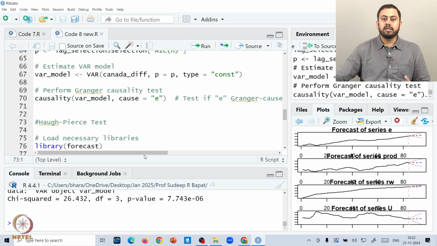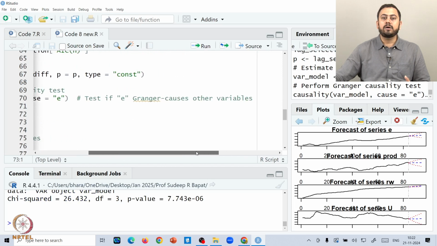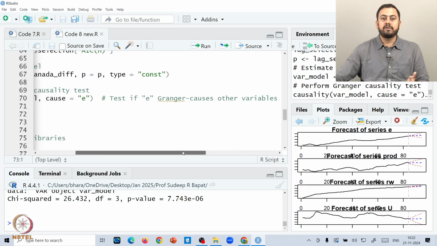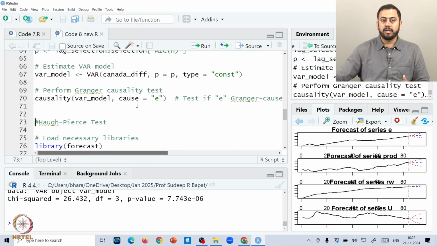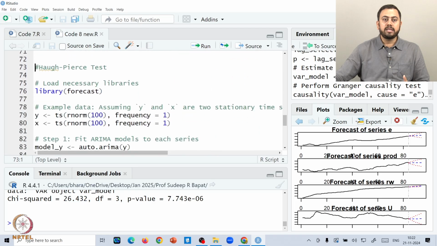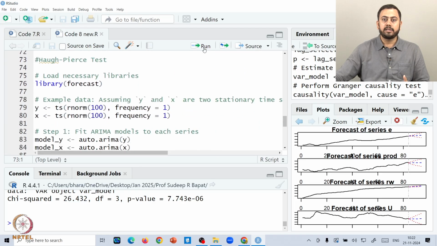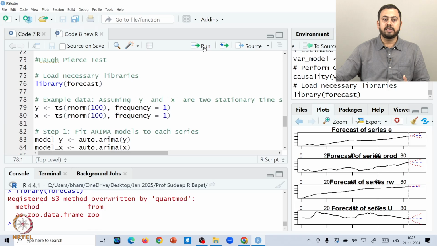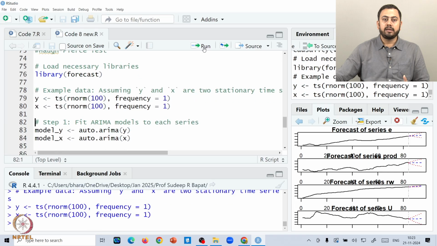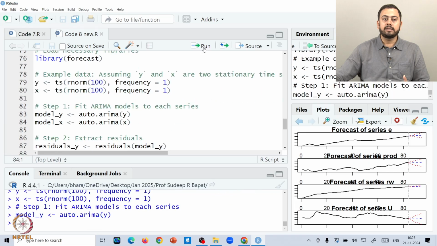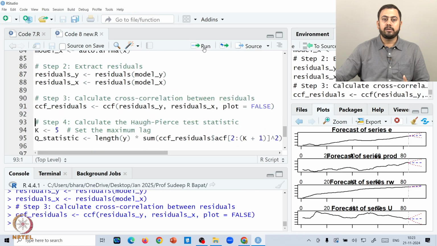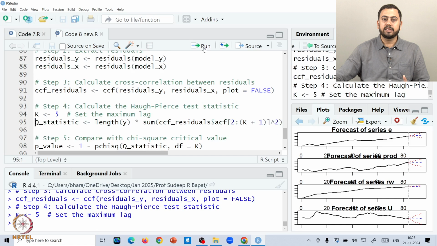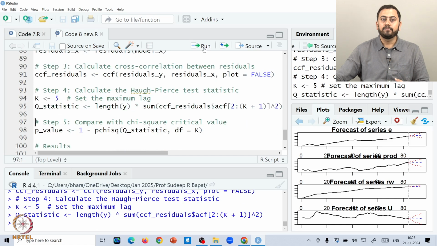Here we are testing if employment Granger causes productivity. And for this we have the Hosking's test. For checking this we have the Hosking's test, and we input Y and X, fit some ARIMA models, extract the residuals, calculate the cross correlations between the residuals, calculate the test statistic, and then compare that with the chi-square critical values.